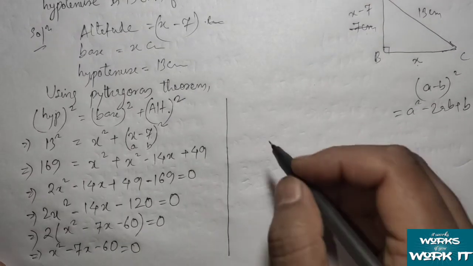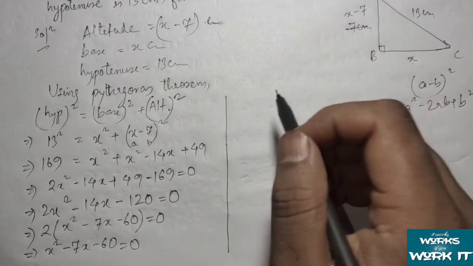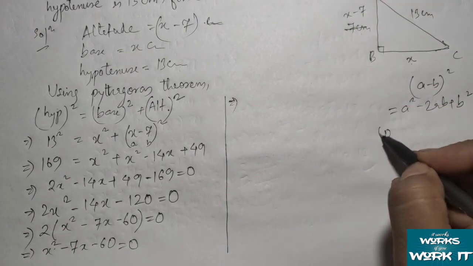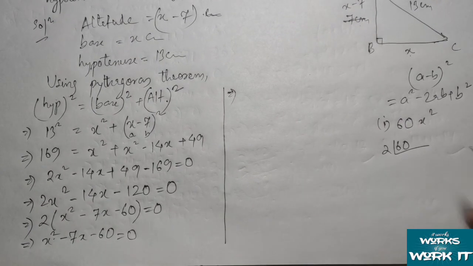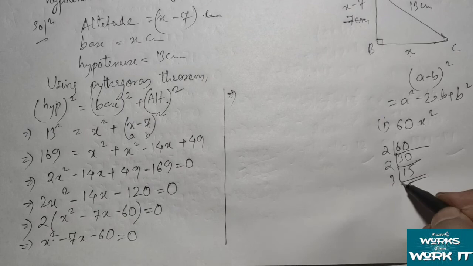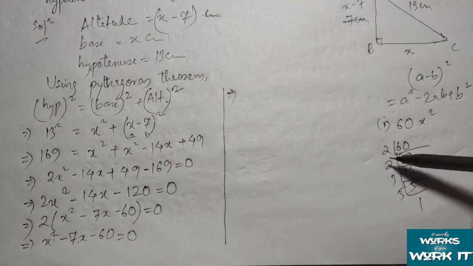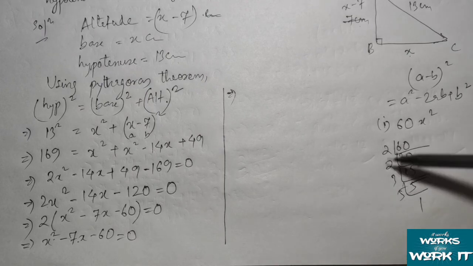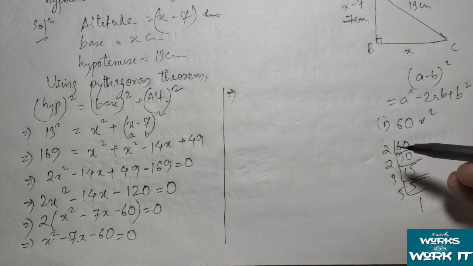So again we will use the factorization method in order to find our solution. So again first term and the last term will be multiplied. It is giving us 60x square. Okay, so now again 60, we will find out the prime factors. 2 into 30, 2, 15 and 3, 5, 1. Okay, so now we need to see the middle term here. 7 is there. So we need to form two numbers out of these 4 numbers. After adding or subtracting 2 numbers, we can get 7, and after multiplying those 2 numbers, we can get 60.